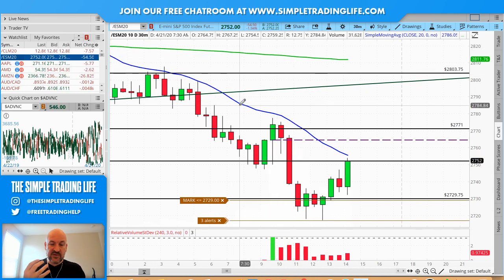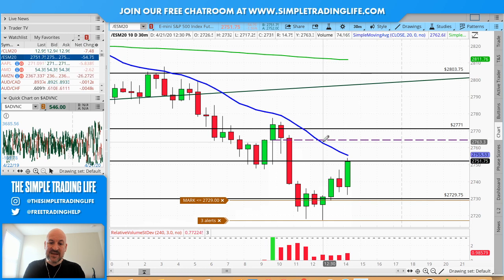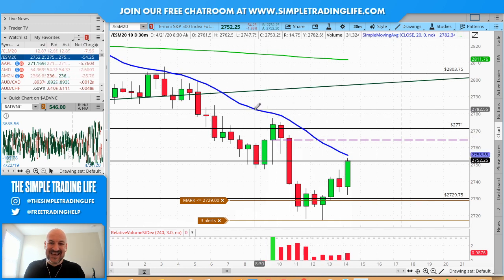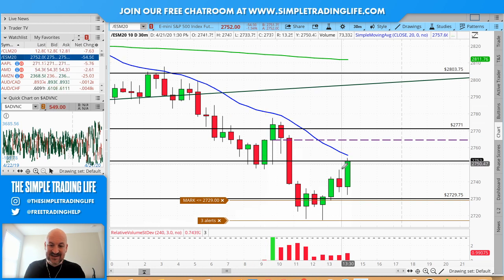And anybody who's brand new and you don't understand what we're talking about, when we say that this is the 20 moving average, whatever time frame you're on, right now we're on the 30 minute, that means the last 20 candles or time periods, this is what they average out to. The last 200 candles, this is what they average out to. This will always be smoother than this because this is showing what's happened in the most recent 20 candles. And this is going back 200 candles.